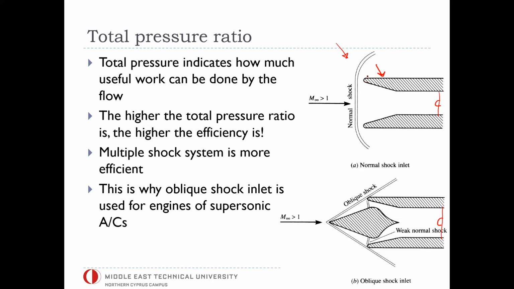If you design this shape properly, you could generate only one normal shock wave, and then right behind it, because it is a normal shock wave, you would definitely have a subsonic Mach number, and then you can do other tricks and slow it down to the required inflow Mach number. This is one option. You can do that, but the total pressure loss,